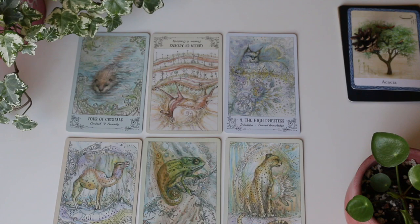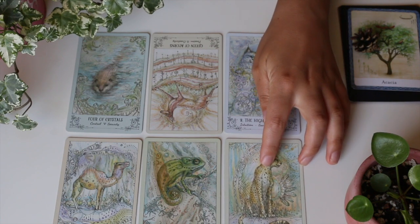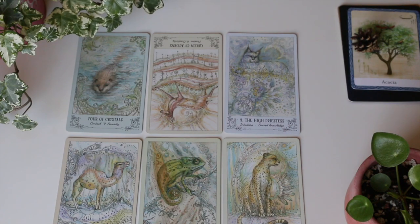And another challenge is this 4 of Crystals. So I feel that it could be a challenge for you guys to find a home or settle down in one place. As I said before, this person seems to always like being on the move, always active and running away. It could be hard for this person to make roots, because what they're doing right now is trying to cut away all the roots they've been growing up until now. They're like, why would I grow other roots if I know that in the past they are what made me unhappy in the first place? So this person may have a nomadic type of mind and lifestyle, and that could be a challenge, especially if you are enjoying the excitement of this journey with them,